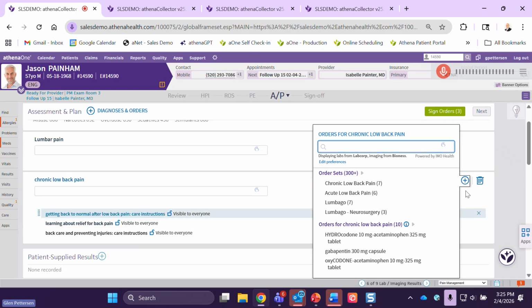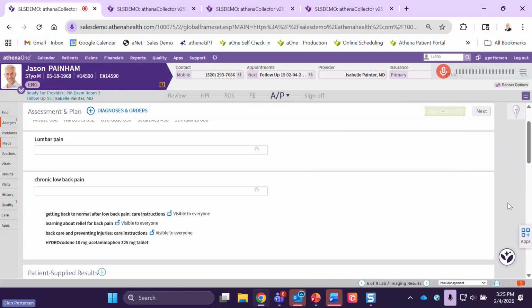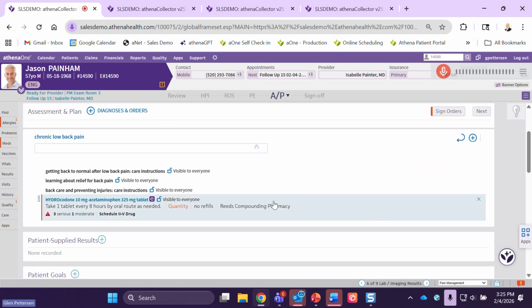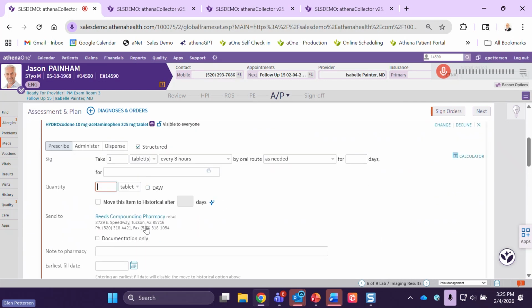And Athena is actually using AI and machine learning to review your provider's ordering behavior, so it brings up those most used orders. So it's building an on-demand favorites list. We have embedded dual authentication within here. We'll give the patient maybe some